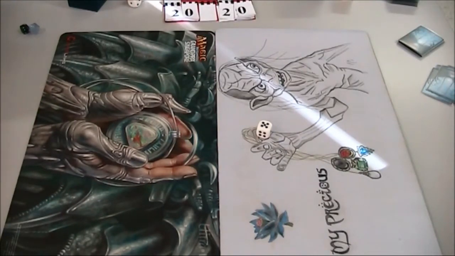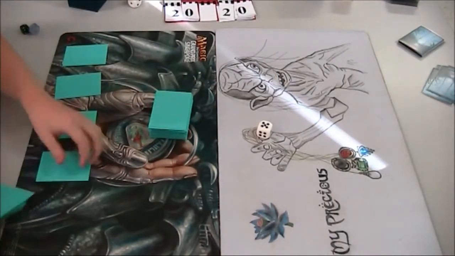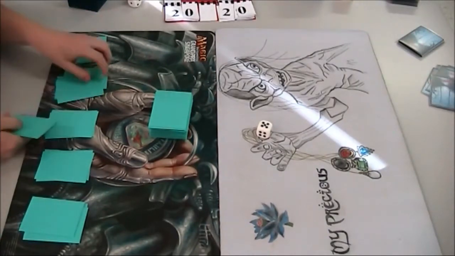What did he take out? Sorry, sir? I thought I saw Jace the Mind Sculptor. Yeah, I agree with that, and 2 Spell Pierces and a Sneak Attack is what he took out. That seems fine with me. I mean... But I wouldn't be siding in as...